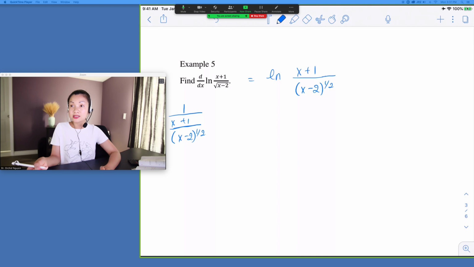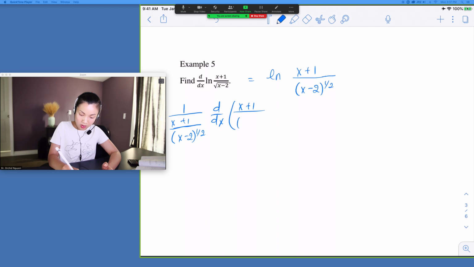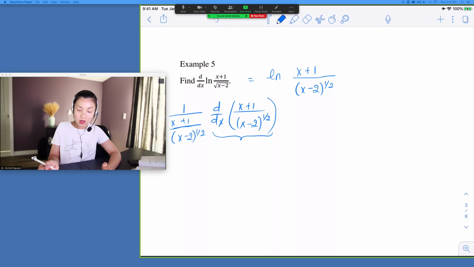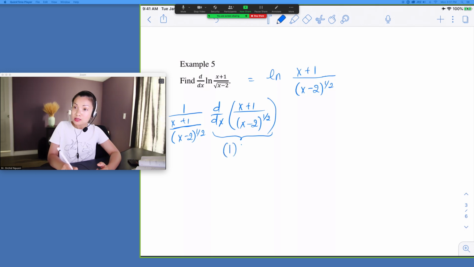And then I'm going to take the derivative. So now the derivative, this is what I need to do. The derivative of (x plus 1) over (x minus 2) to the 1/2. So this part right here is going to give me the quotient rule. So the quotient rule is, what I have is going to be 1 times